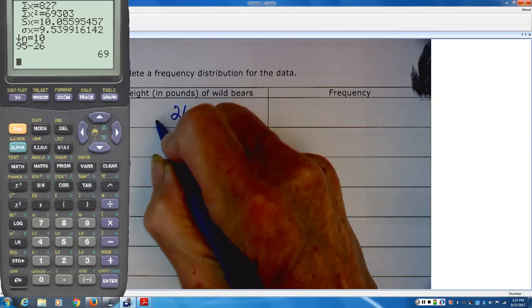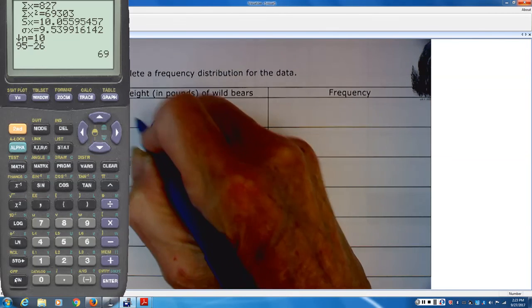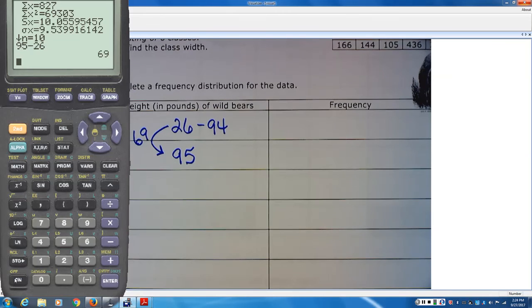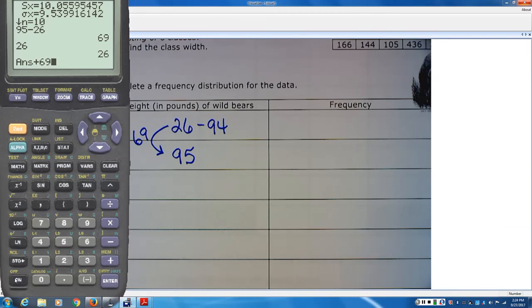So was your class width 69? Yes. Okay. Good deal, you got that right. So 26 plus 69